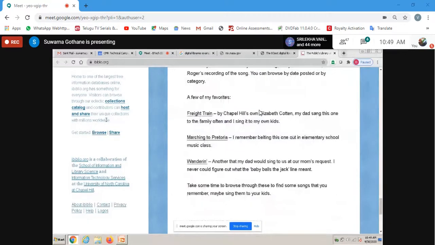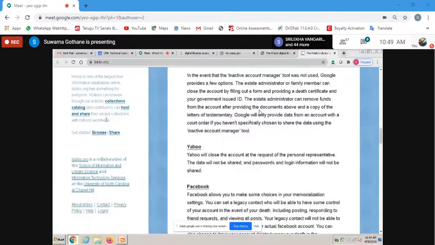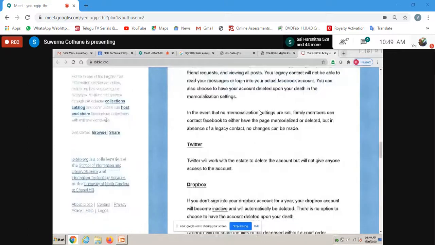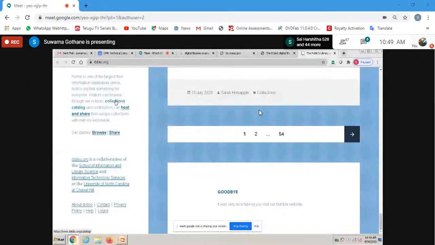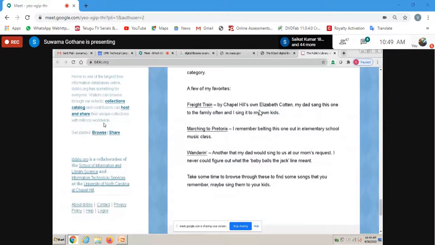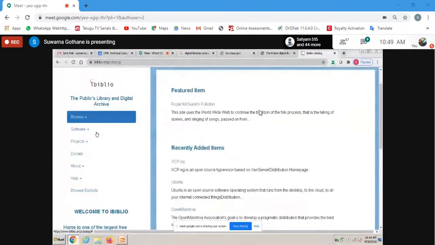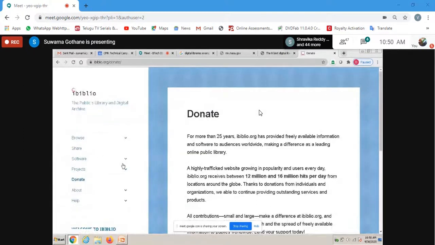It maintains all data associated with Yahoo, Facebook, Google, Twitter. You can visit the collection catalog and search or browse. It also has the different softwares, and projects related history.